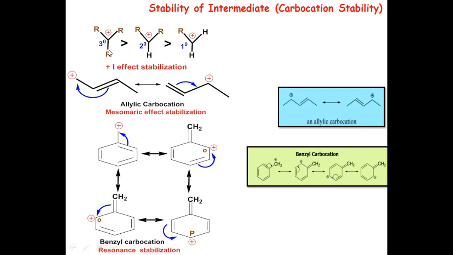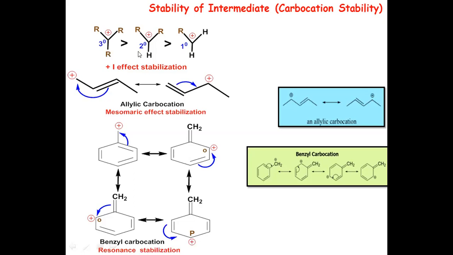Now all carbocations are not of the same type. Depending upon the structure, we can classify them as tertiary, secondary and primary carbocations. What is a primary carbocation? That carbocation, that is, the carbon which has a positive charge, is attached to at least two hydrogen atoms. What is secondary? A carbon which carries a positive charge is attached to one hydrogen. And what is tertiary? It's a carbon which has a positive charge, which has three bonds and is not attached to any hydrogen atom, and will be called a tertiary carbocation.